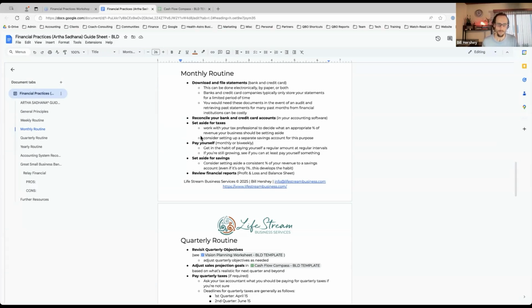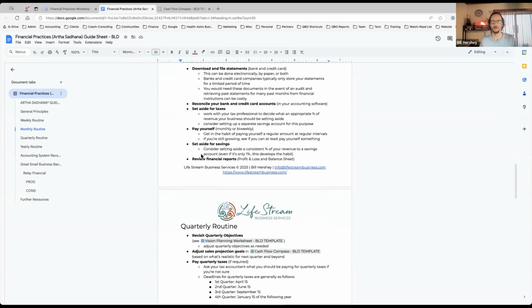So it's not a bad idea, even if you can't pay yourself a lot, just getting into the motion, getting into the muscle memory and habit of paying yourself something, even if it's $15, even if it's $100, even if it's $400, right? It may not be what you need to pay yourself in full, it'll be sustainable, but at least it's something, right? So the next point here is if you're able to pay yourself, it's a good idea to